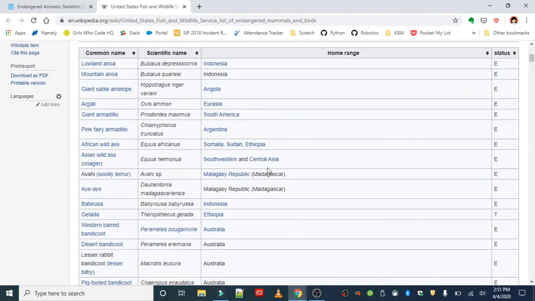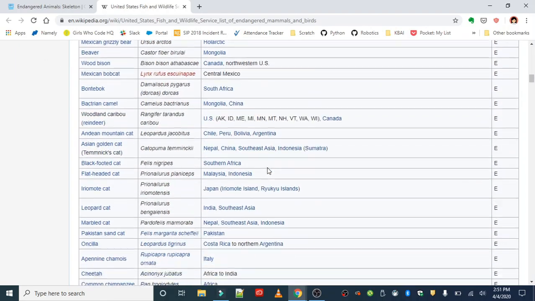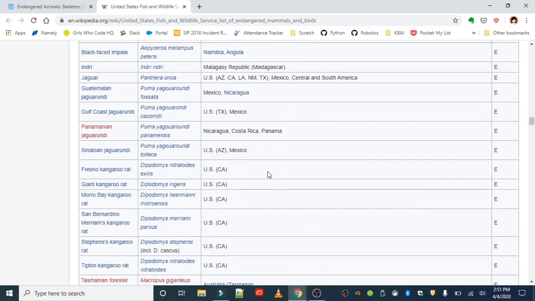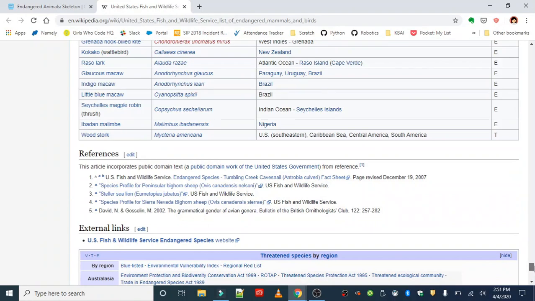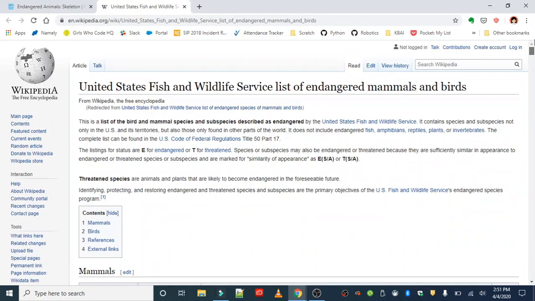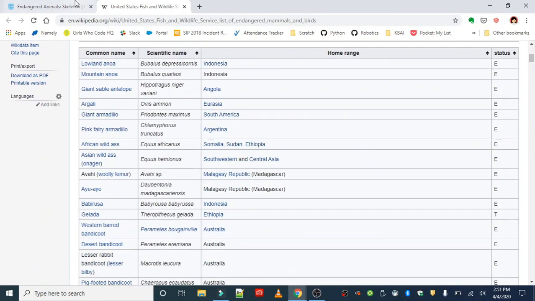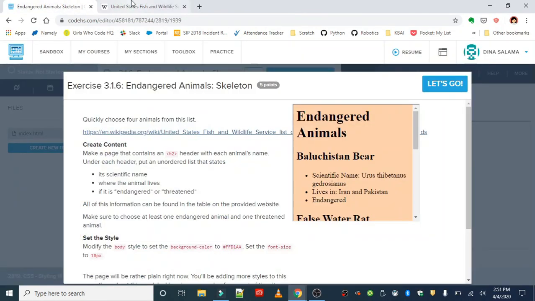If you scroll down, you'll see the list of endangered mammals, and I think even further down you'll find the birds. Oh, okay, it's all in one table. So we are basically going to be using some animals from this list in our exercise, and our